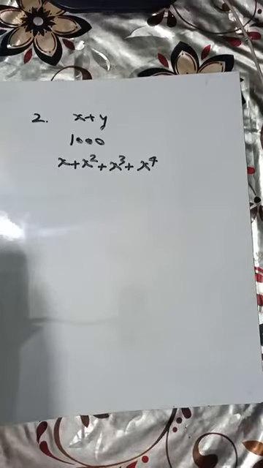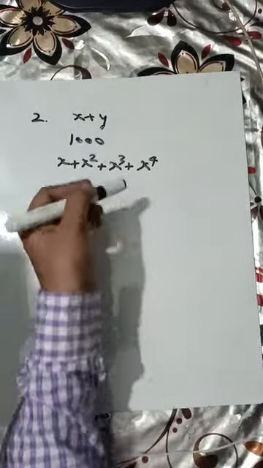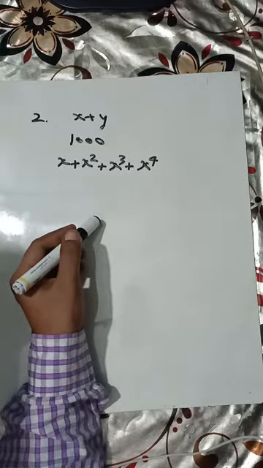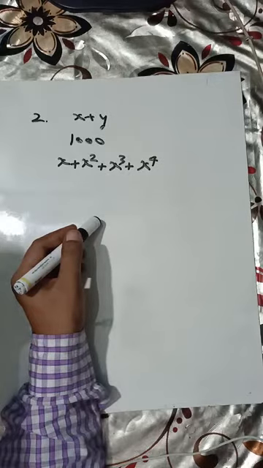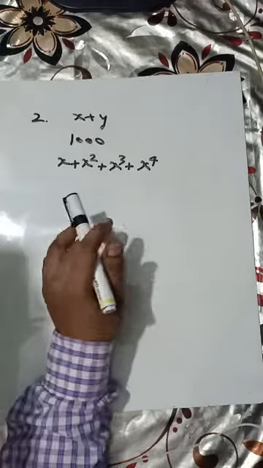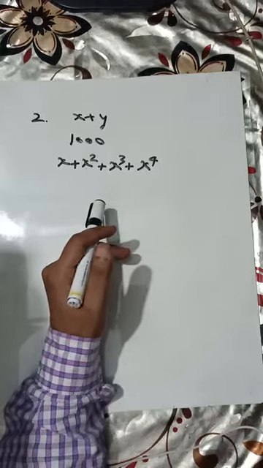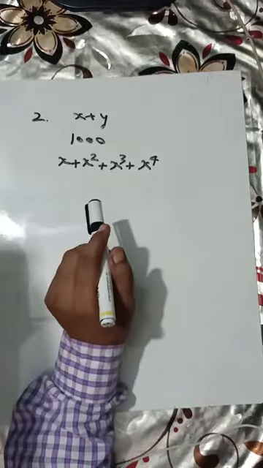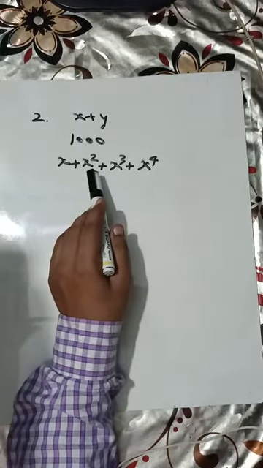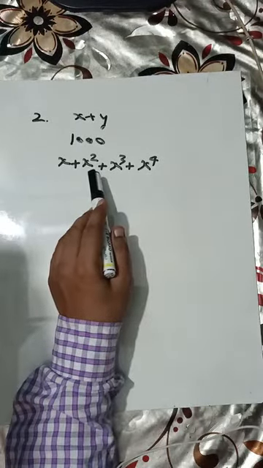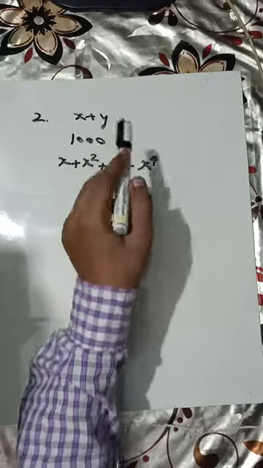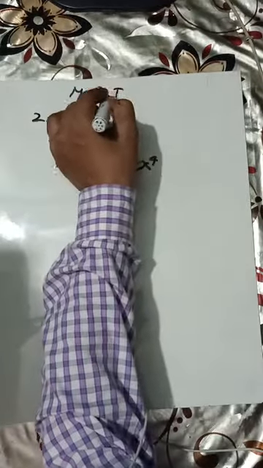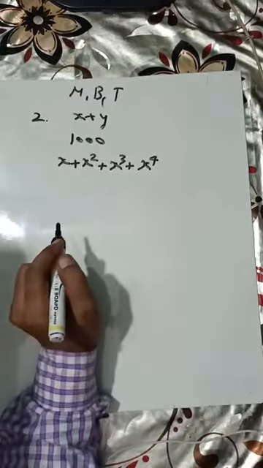Now question number 2 of exercise 9.1. I have taken a few questions here. In this question you have to classify the following polynomials as monomials, binomials and trinomials. Means the expressions given in question 2 are all polynomials first of all. So you have to classify them as monomials, binomials and trinomials. Which polynomials do not fit in these 3 categories?